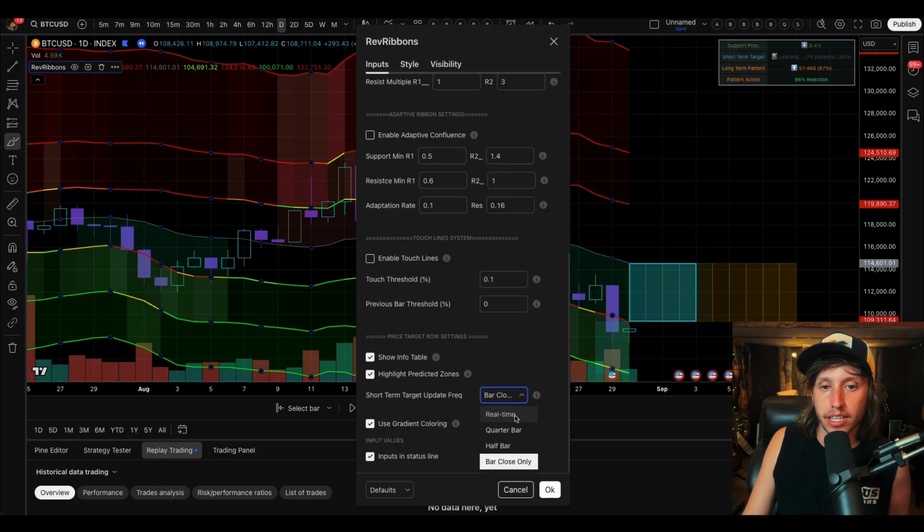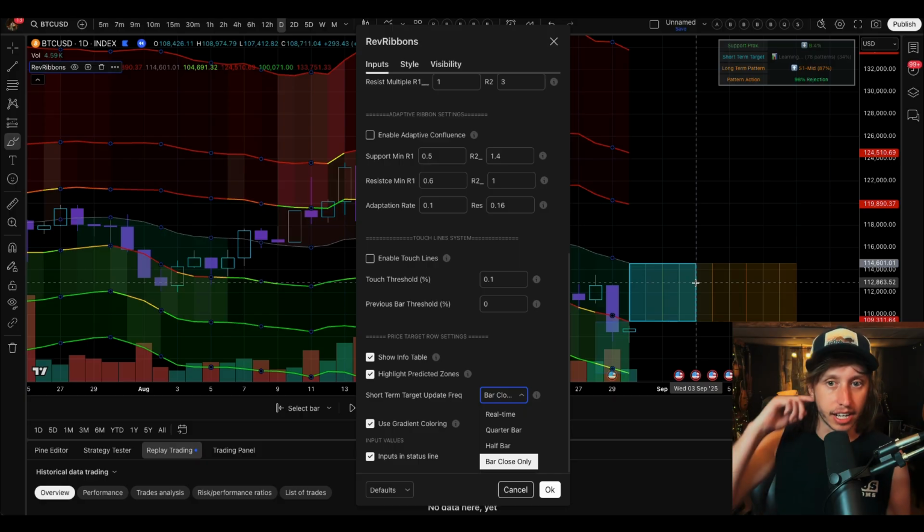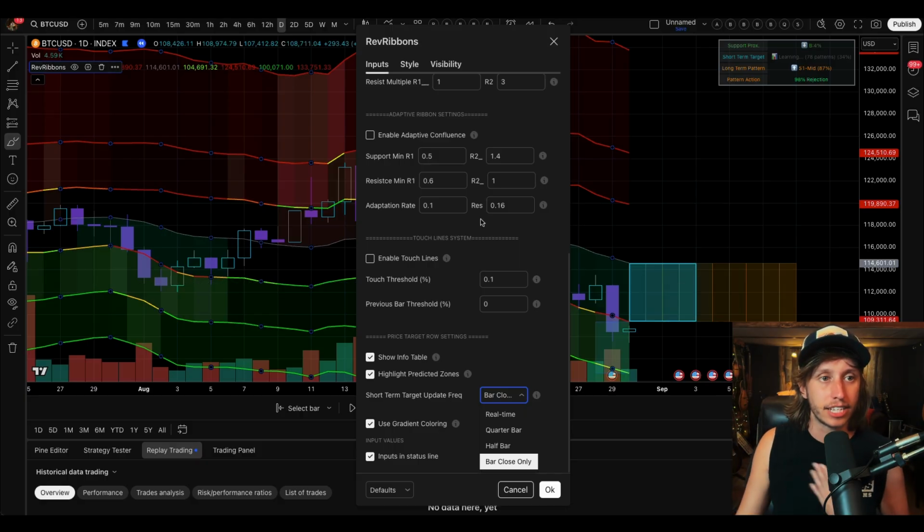Real time is going to be less accurate. I would say it would be percentage of the time it'd be less accurate, but it might get more moves. If that makes sense. So quarter bar, half bar, all of these settings are how fast or how often the short-term target updates, and the long-term pattern, it just has its own system of updating, and it is what it is. I find it a little bit less useful, but if you do want to try it out,